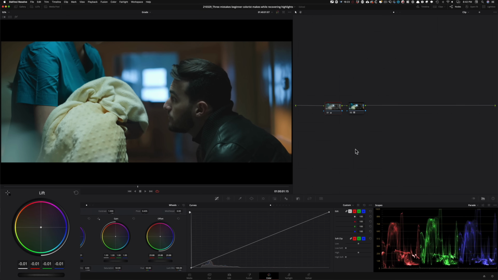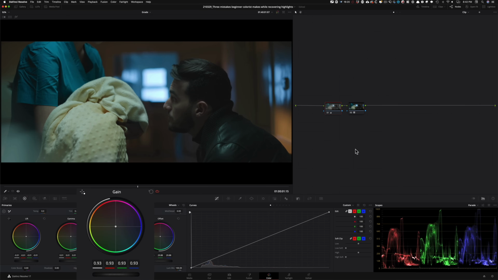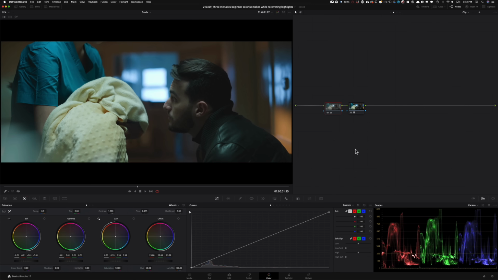And now what I want to do is take my gain and try to pull this down. Not too much though. I want to keep it somewhere around here. Again, focus on the dude. As long as he's looking natural, everything is good. Now I'm going to go